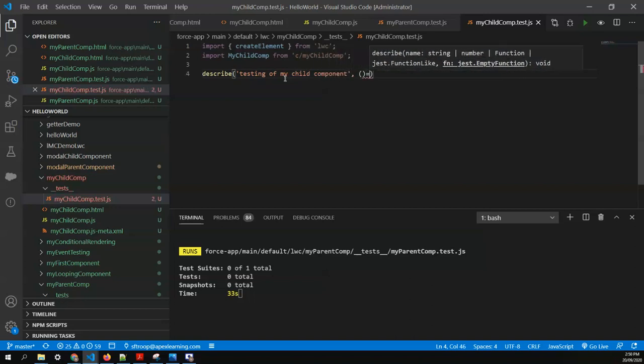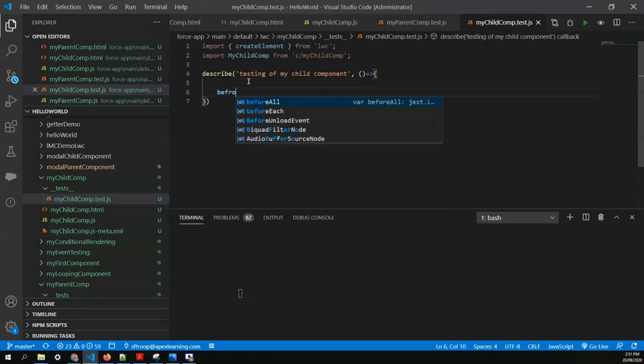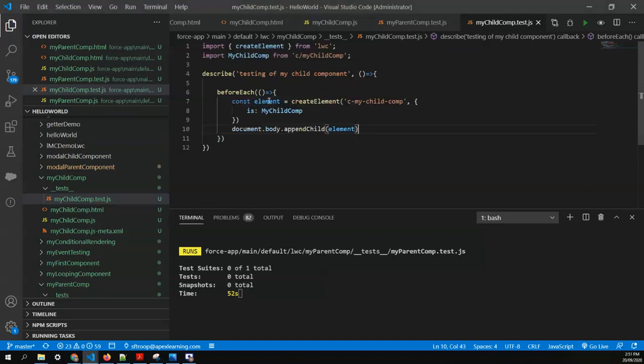and in this block, first thing we have to do is run the before each block. We're gonna create the element that is my child and append it. I just copy paste it because we know we already did the same thing in the parent component.